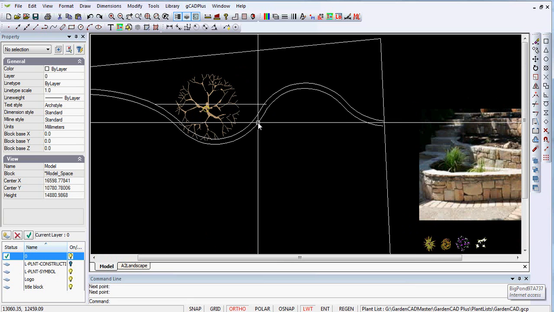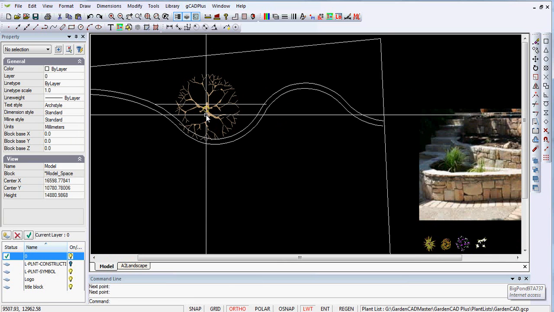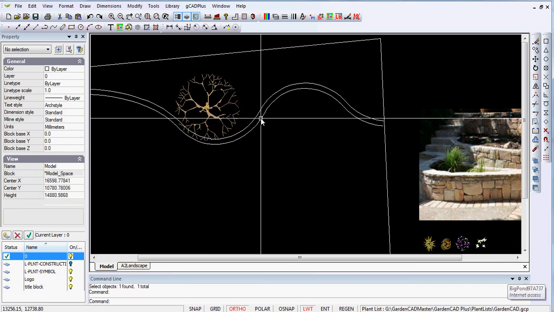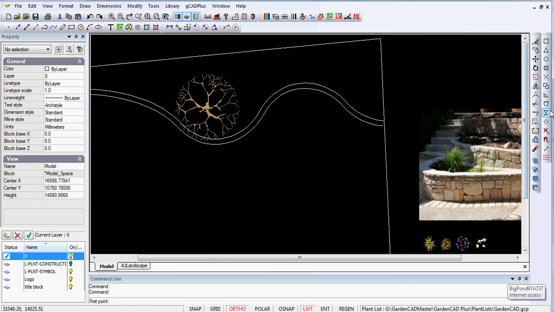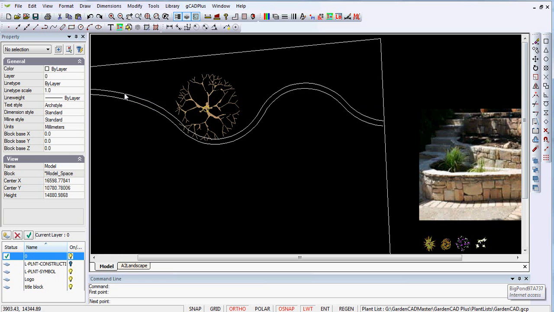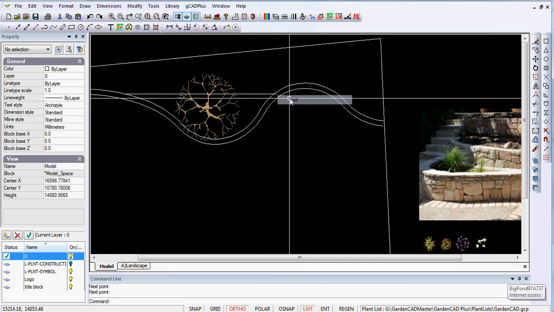So there's a construction line there that could enclose that tree. Now, in my view, that's a little bit too close, so let's erase it and try again. Draw a line with that same nearest option, we come up a little further away and ortho's on, come across through here, exit,